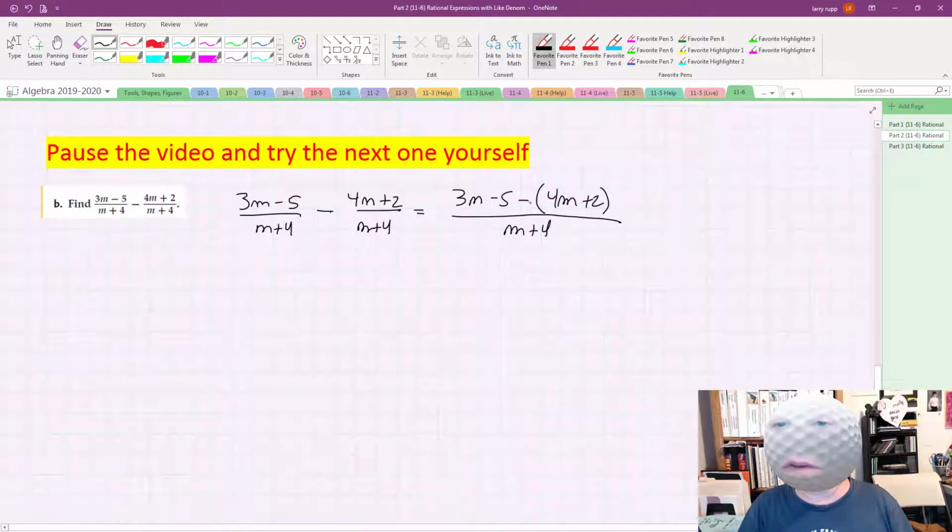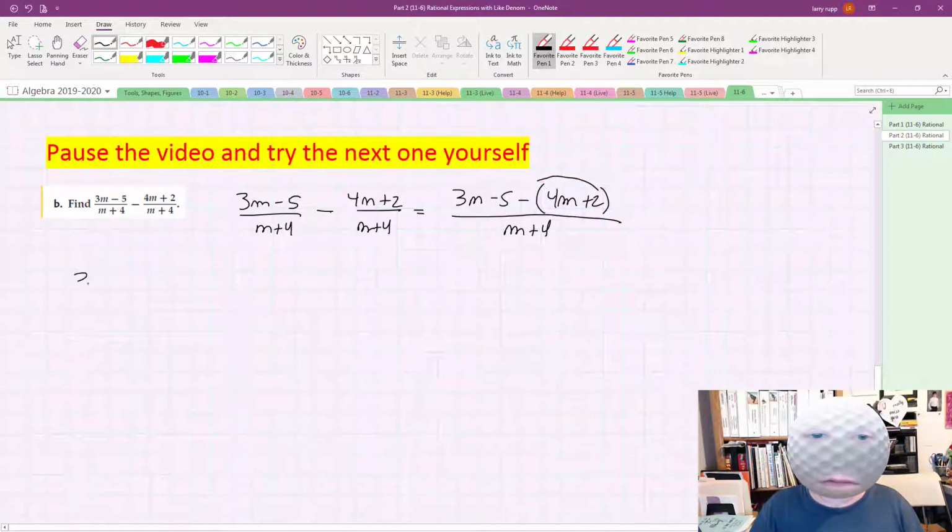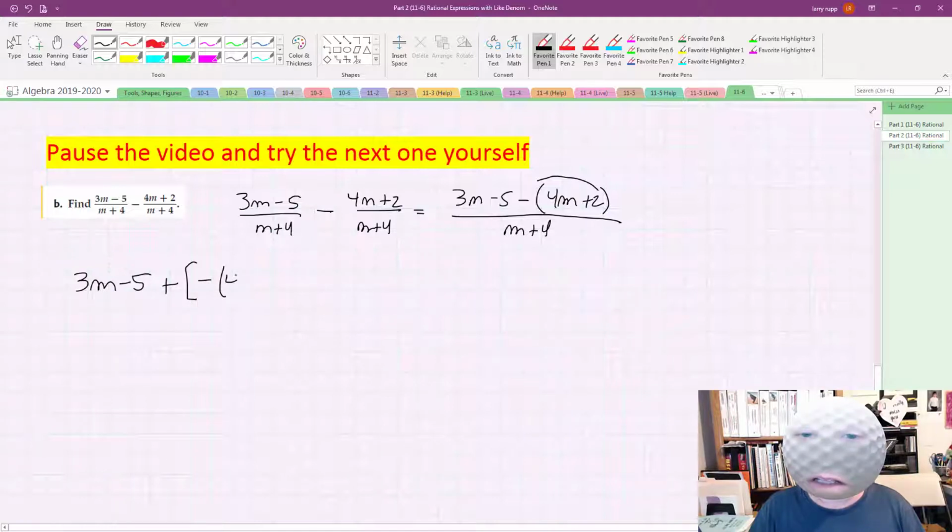So what we want to do is we want to add the inverse of this guy right here. So coming back over here, we have 3m minus 5 plus the quantity, the additive inverse, which is what this negative sign is, 4m plus 2. And that's all over